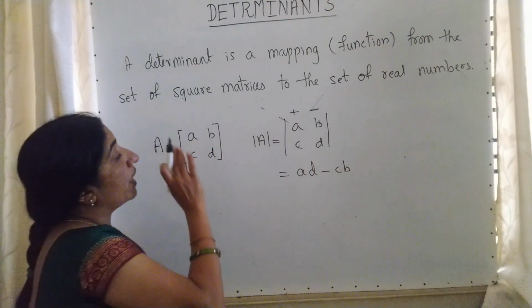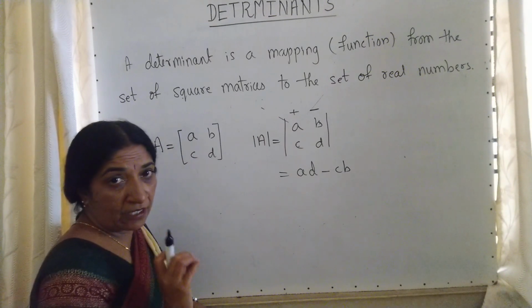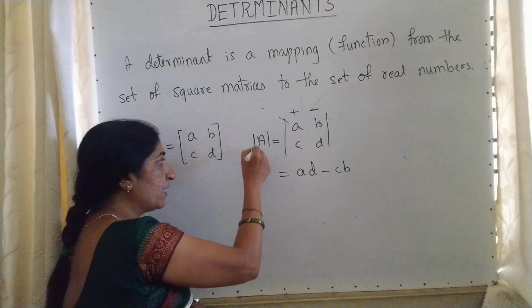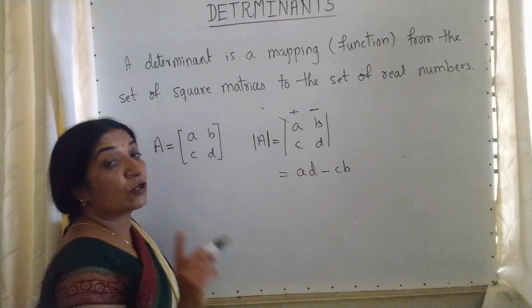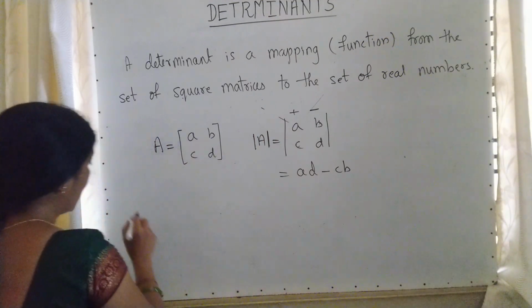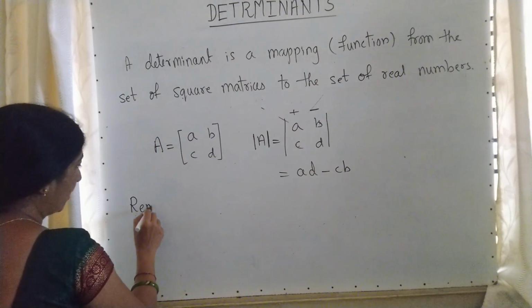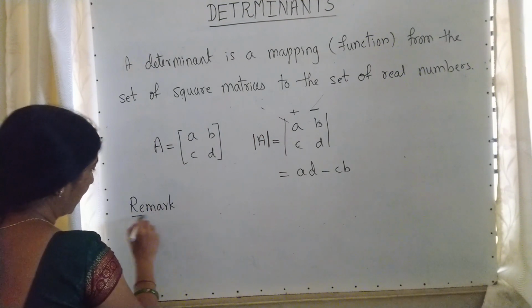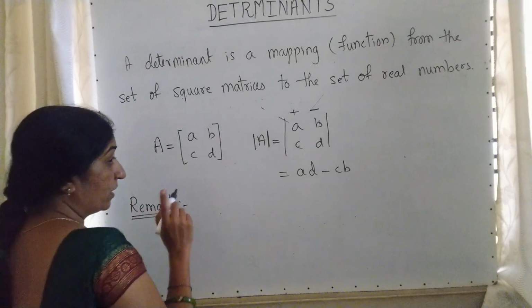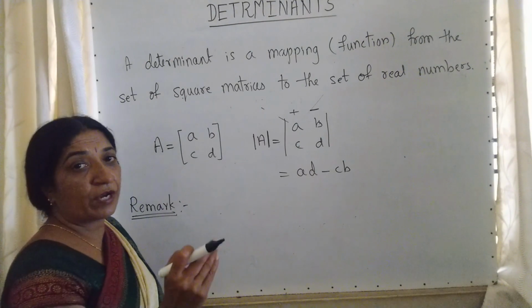That means we are defining a determinant only for a square matrix, and when you are reading, read it as a determinant, not a modulus. So I am writing it in the form of remarks, and students please take a paper and pen. I am giving it to you very slowly, so along with me go on writing this.